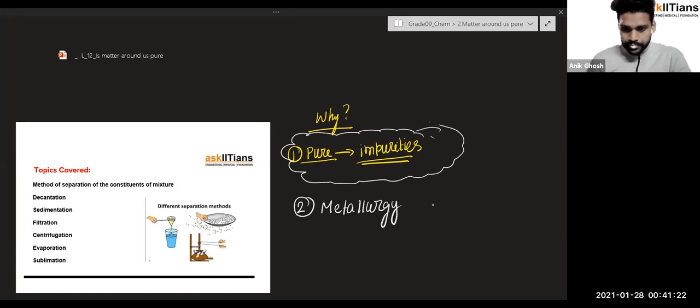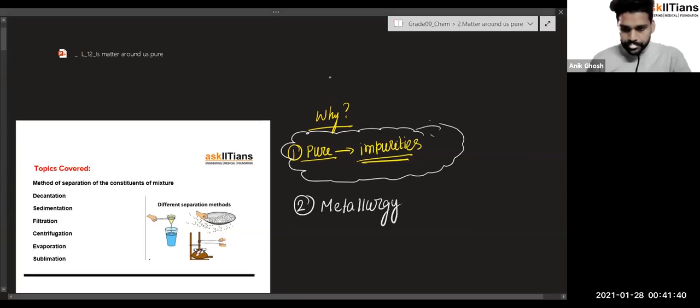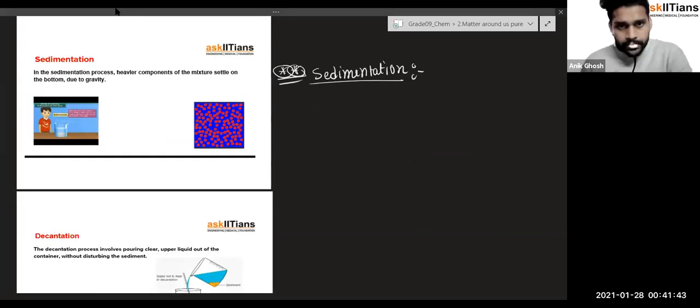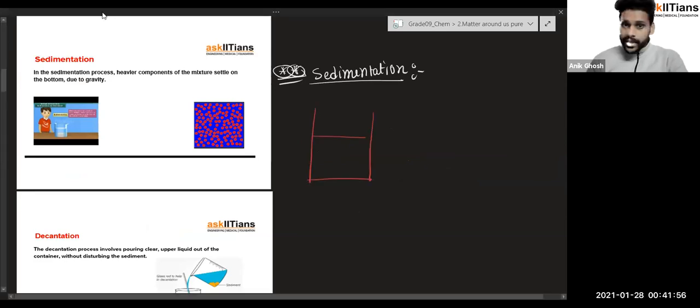You can see, these are the processes that we have already gone through. Give me a moment. Yeah, so the first thing is sedimentation. What is sedimentation? It separates out a mixture where one component is heavier than the other. So just think about it. If you are taking some water, and if this water is muddy, then what would happen? Definitely,